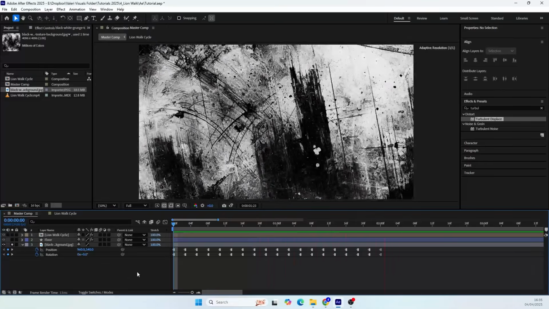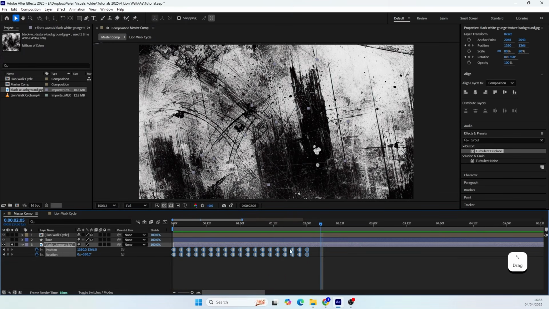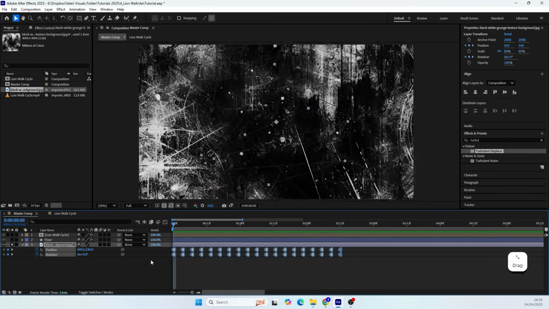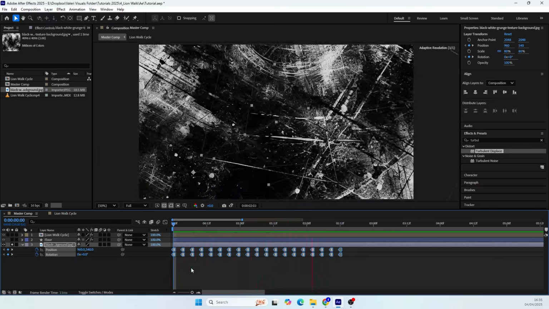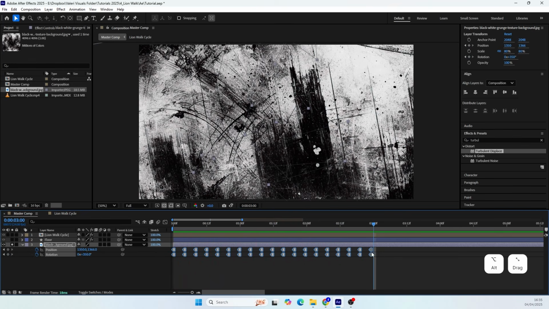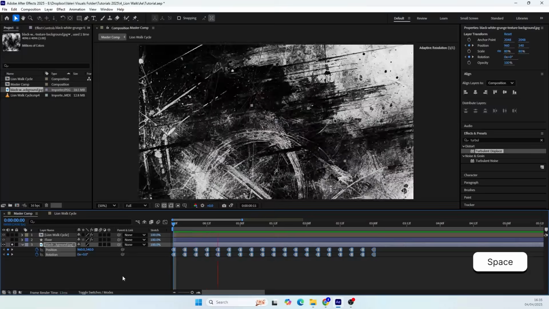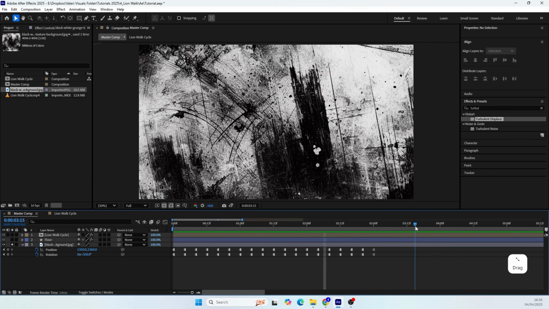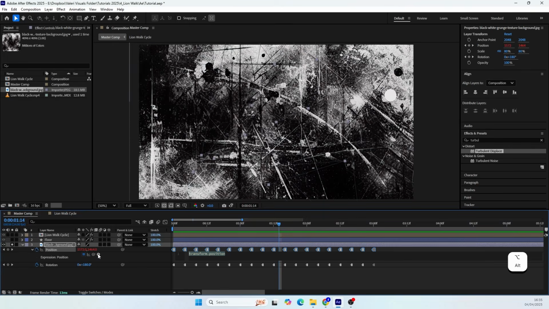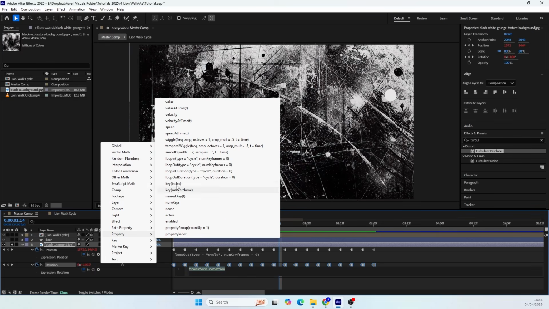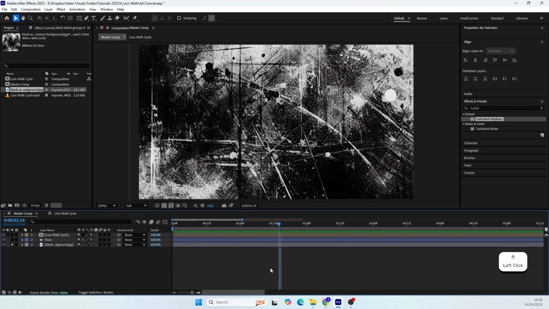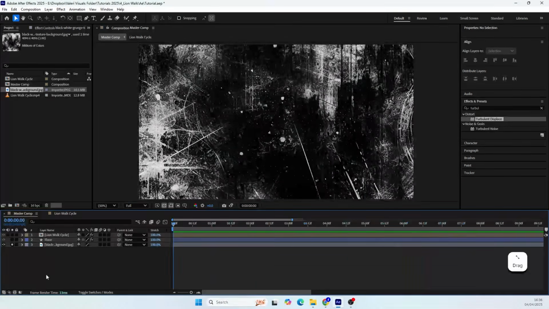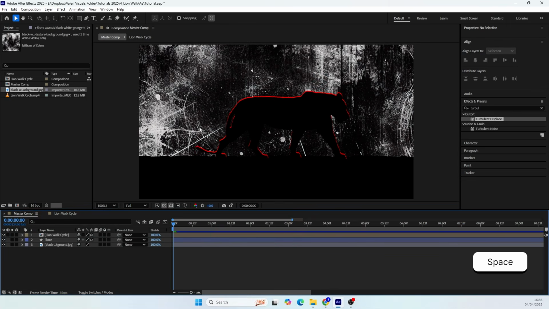I think it looks nice, but in my opinion we need to slow the animation down a little bit more. I think even more, so I'll drag the keyframes to second number 3. That looks better, and now let's make this animation play in the endless loop. For this, we will create the loop out cycle expression for both the position and the rotation properties. Now this animation plays endlessly and we are ready to move on to the next step, creating the text behind